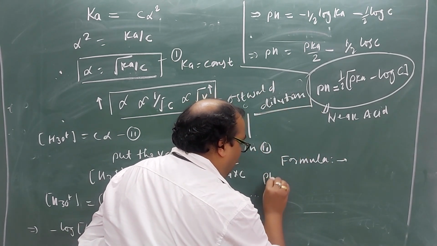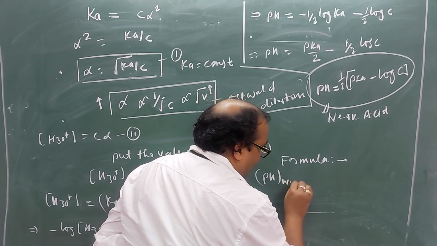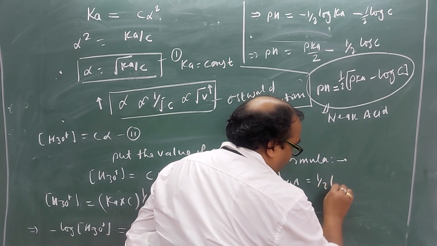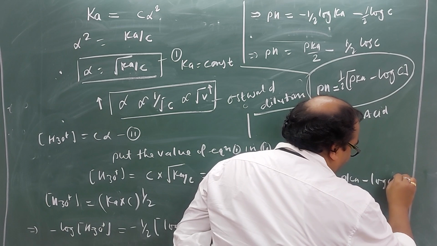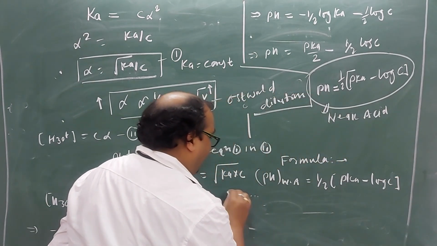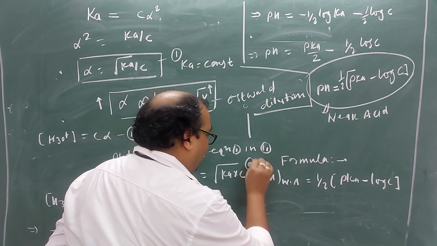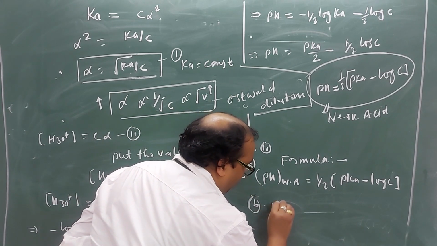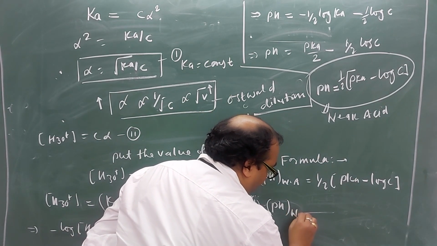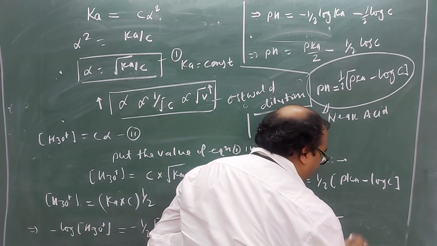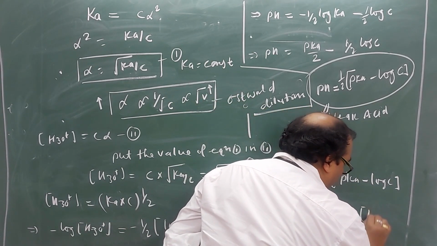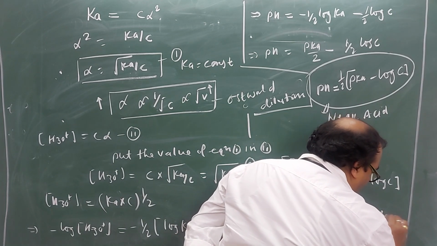That the pH of weak acid is equal to 1 upon 2 pKa minus log C. And what did you get next? This is A. So pH of weak base is equal to, what did we get, 14 minus 1 upon 2 pKb